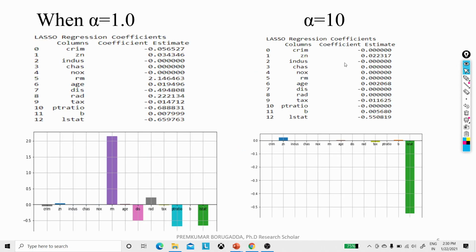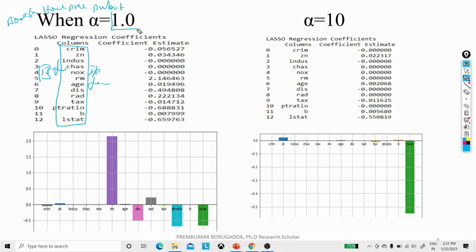If you see this diagram, you can understand clearly. This is about my features. These are my input features. While explaining the practicals, this is the Boston house price prediction dataset. In this dataset these are my input features, totally from 0 to 12, which means 13 input features are there.